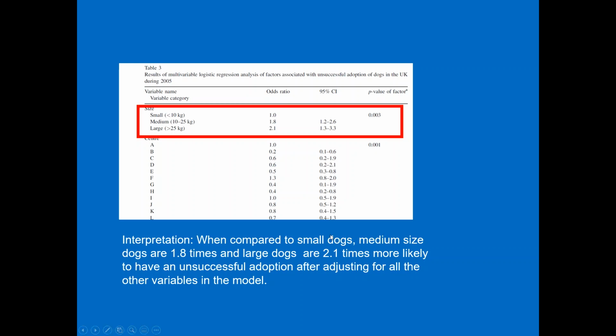Now, the other sort of things that will crop up when you start to look at these tables is, and I'm going to narrow in here on the size, that you'll notice that there are 3 levels here. We have an odds ratio of 1, which again is our reference category. We have a 1.8 and a 2.1. So the question is, how do you interpret that? Okay, and so what it's telling us is that